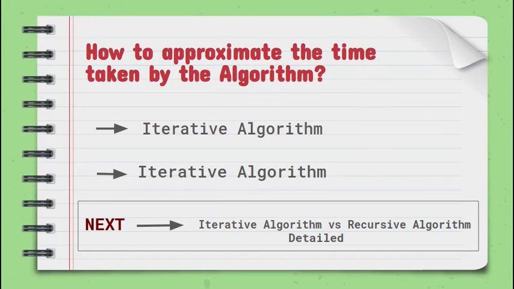Basically, to find that out, we shall first understand the types of algorithm we have. We have basically two types of algorithms: iterative algorithm and recursive algorithm. In the iterative approach, the function repeatedly runs until the condition is met or it fails. It involves the looping construct.